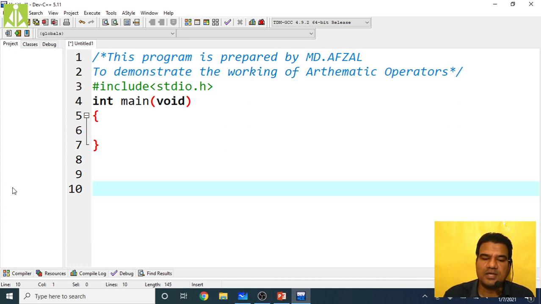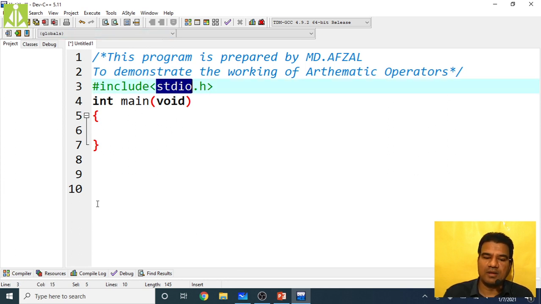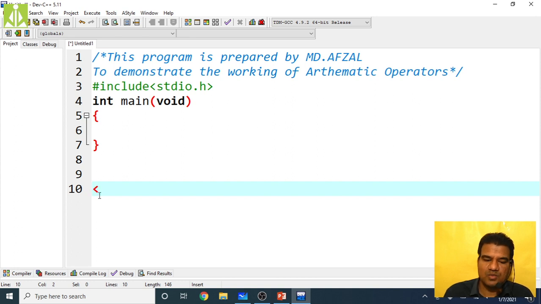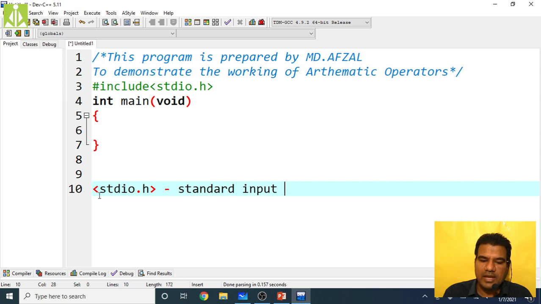The next thing: when we are including the header file, we must put that header file name inside angular brackets. So between the angular brackets we keep stdio.h. This stdio.h is nothing but the standard input output header file. Using hash include, we are adding this stdio.h into our program.